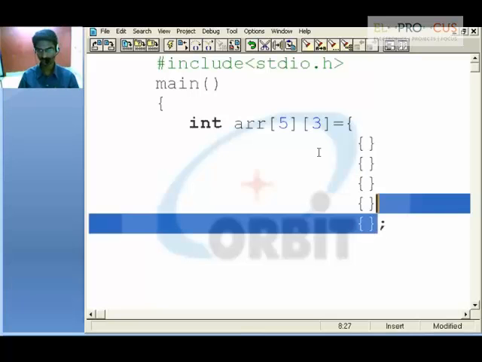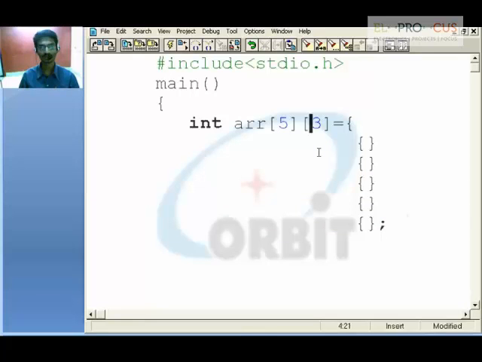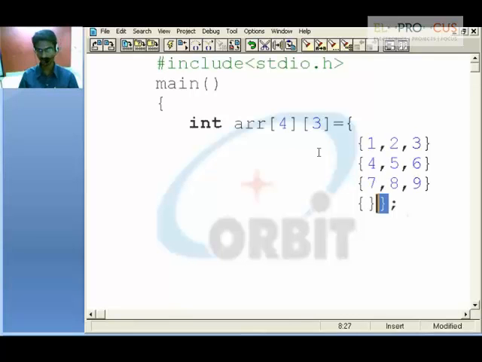The 5 things are represented by this size, and 3 says internally we need to give 3 values. 4, 5, 6, 7, 8, 9. Now if we stick to 3 over here, it will be a 3 by 3 array. We'll stick to a 4 by 3 array. So this is the ending brace, starting brace.